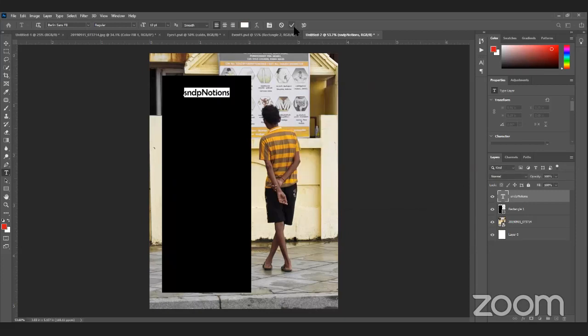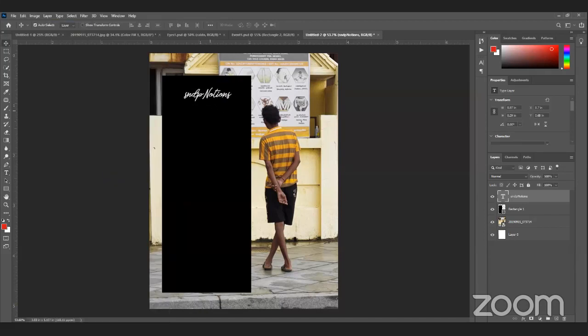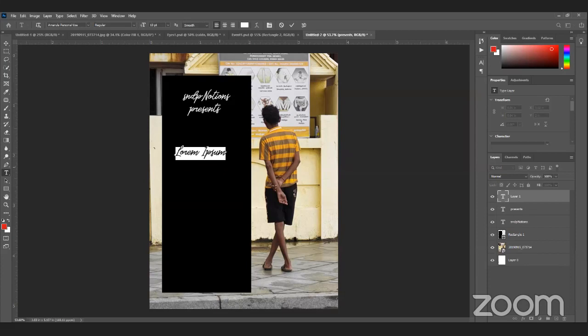I change the color because it looks very nice in white on black. And I don't want this font, I want a very signature kind of font. I'm just using a different text tool.